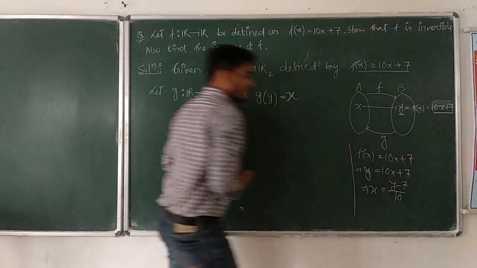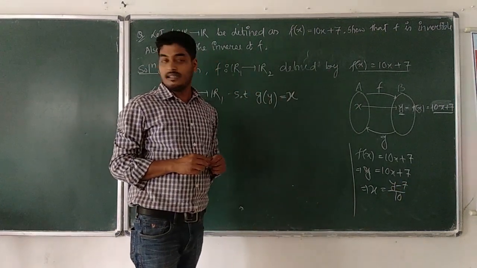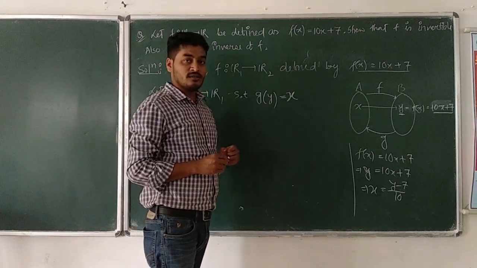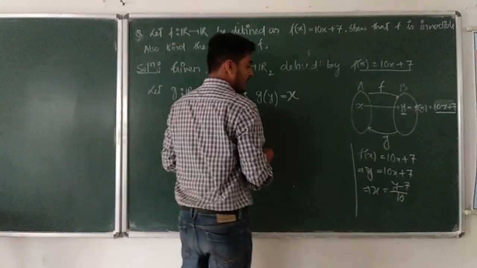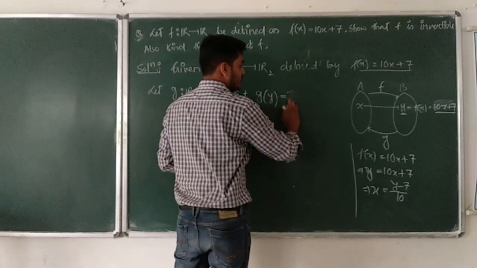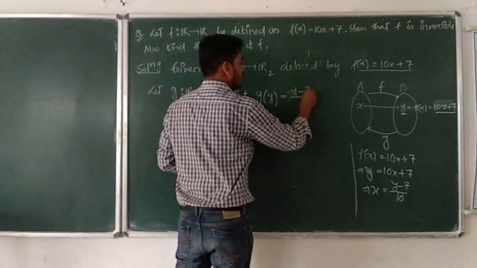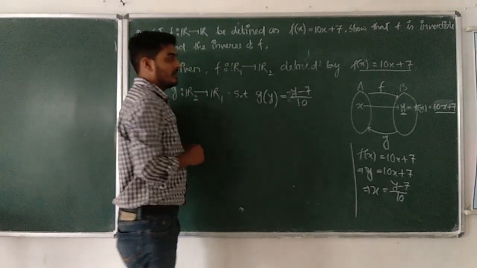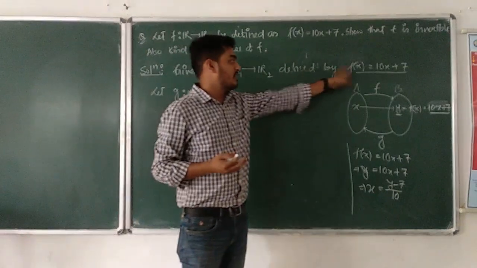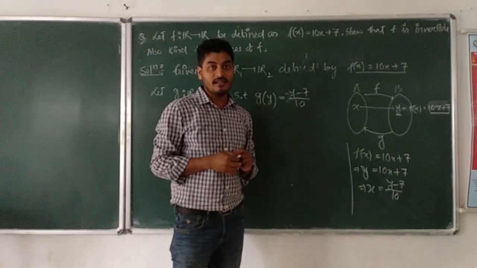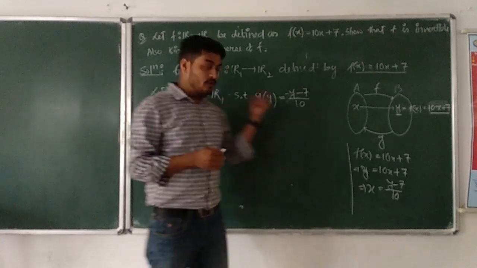Am I correct? So this is the value of x. Is it clear? That means in place of x you can consider (y minus 7) by 10. Have you got it? You have the function f given to you, the function f is 10x plus 7, now we have considered